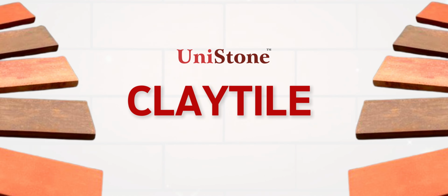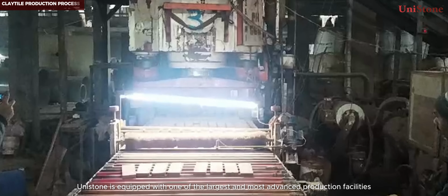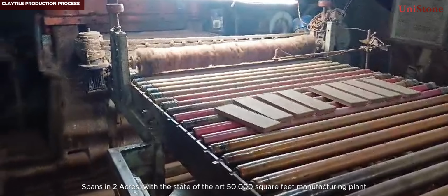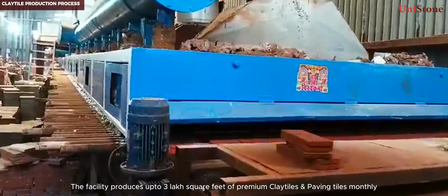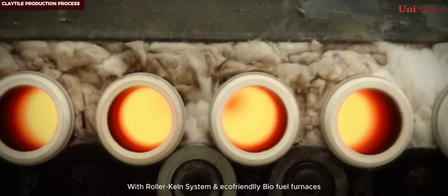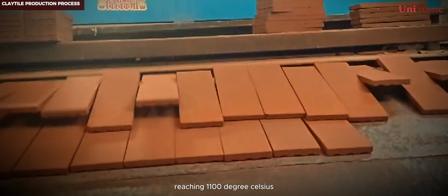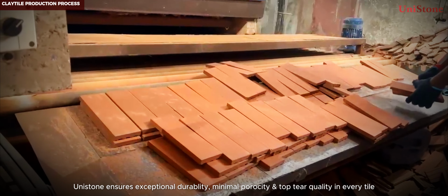UniStone Clay Tile. UniStone is equipped with one of the largest and most advanced production facilities, spanning 2 acres with a state-of-the-art 50,000 square feet manufacturing plant. The facility produces up to 3 lakh square feet of premium clay tiles and paving tiles monthly. With roller kiln system and eco-friendly biofuel furnaces reaching 1100 degrees Celsius, UniStone ensures exceptional durability, minimal porosity, and top-tier